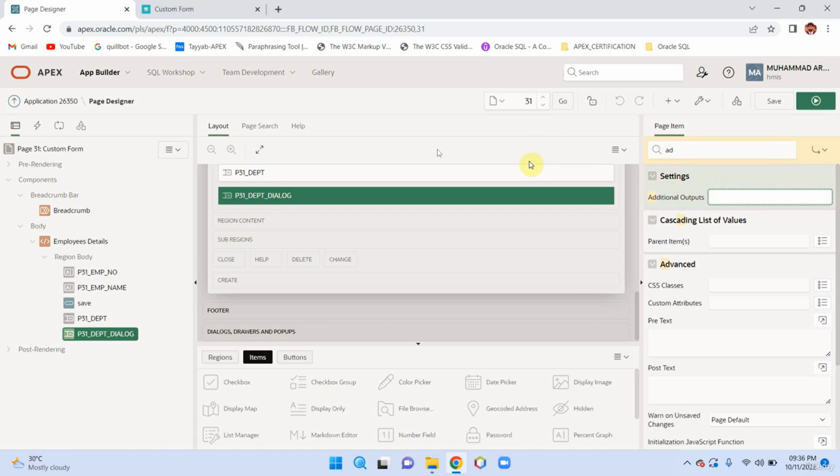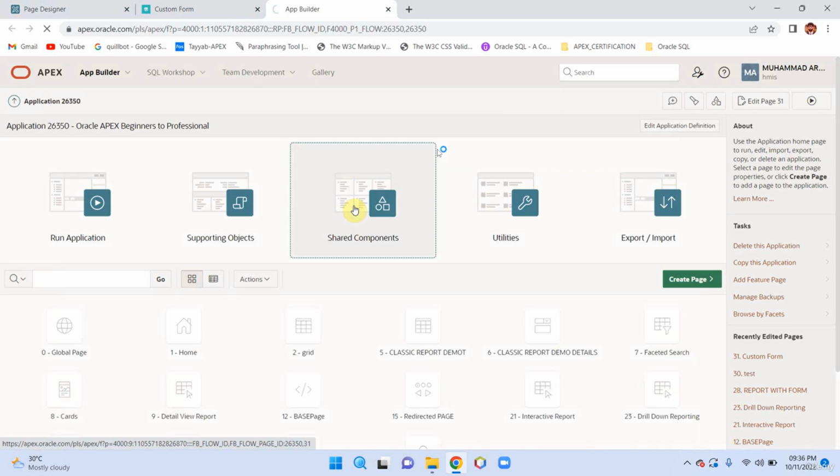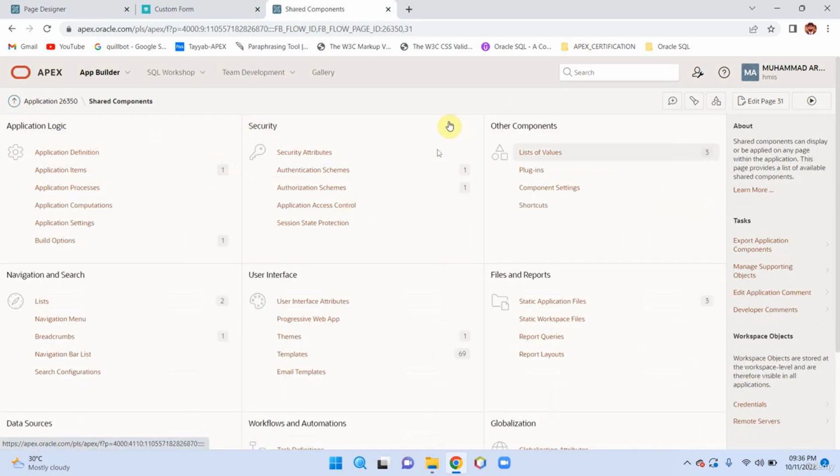What is basically this option used for? It is used if you want to display multiple columns for your pop-up LOV, and you want to return, or you want to use the value of other columns in your application. So to use this feature, you need to create a LOV in your shared components. So select your shared components, create a list of values,